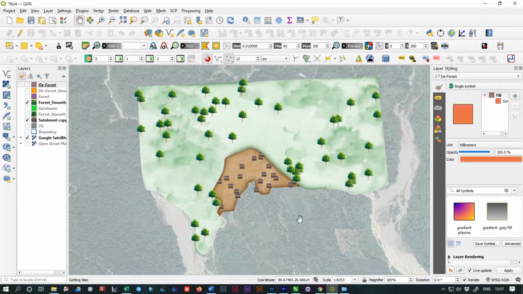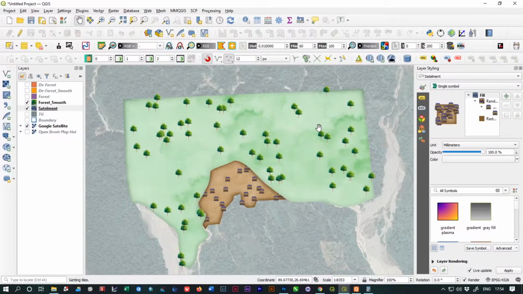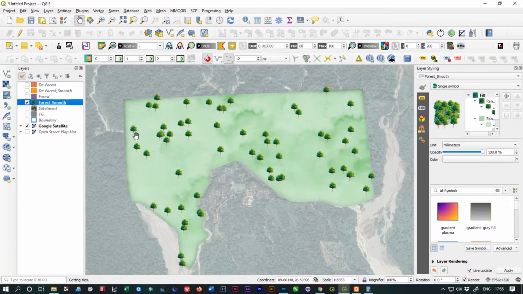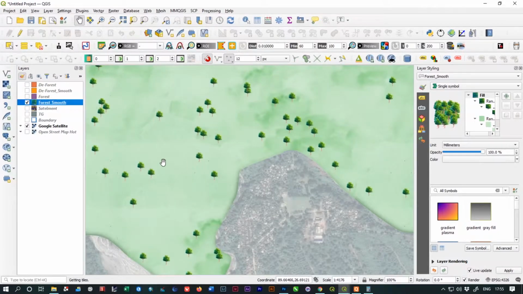Today we are going to learn how to create this type of effect on your map, which is based on your subject. Basically I indicate this portion, you can say this layer, as a forest layer, and as you can see I have some trees over there, and I'm also using a pattern.